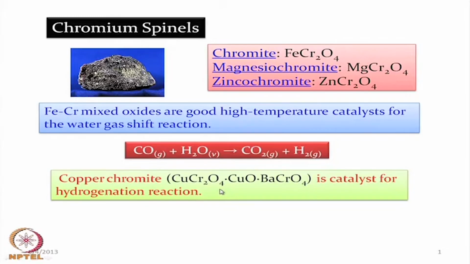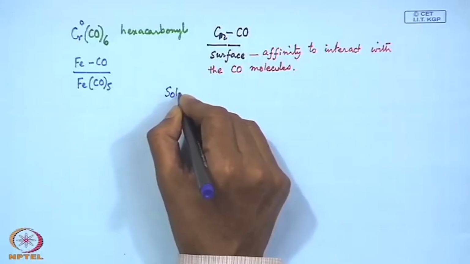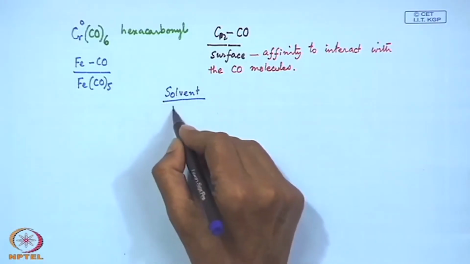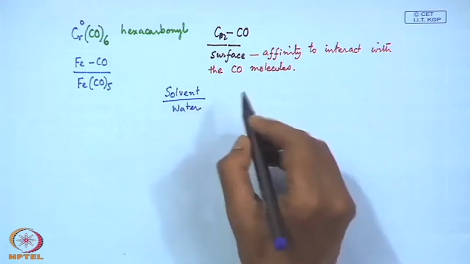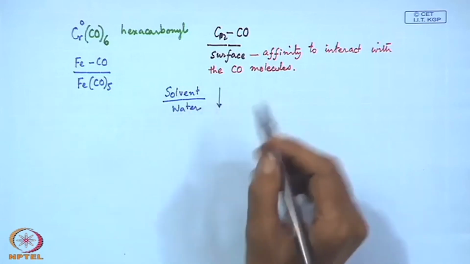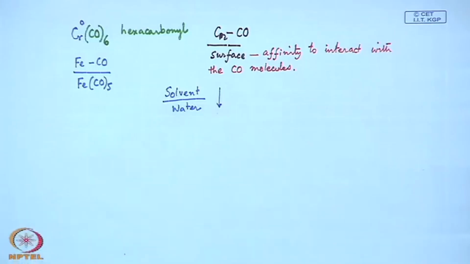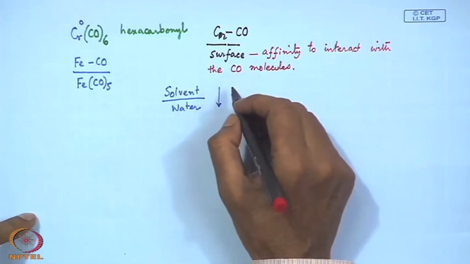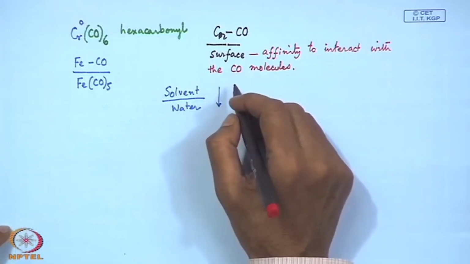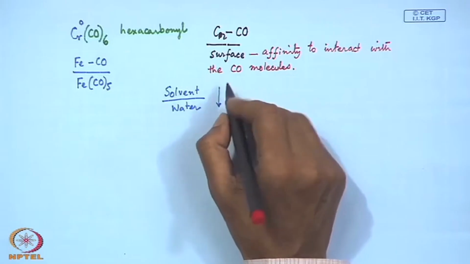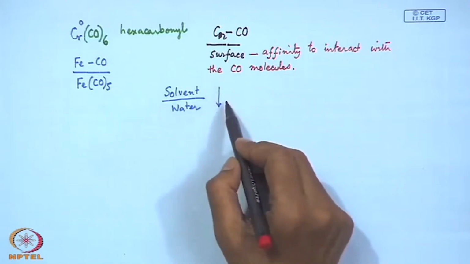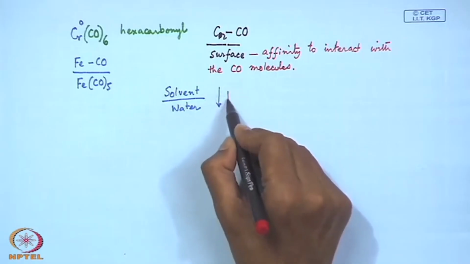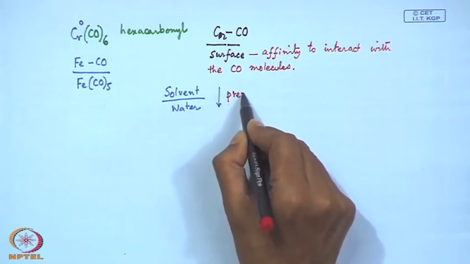So, in solvent, if the solvent is a typical water, we mix the individual ingredients, that means the corresponding salts which we require for the synthesis of this copper chromite, including the barium. That means some amount of barium salt, some amount of copper salt and some amount of chromite salt can be utilized. So, we have the precipitation